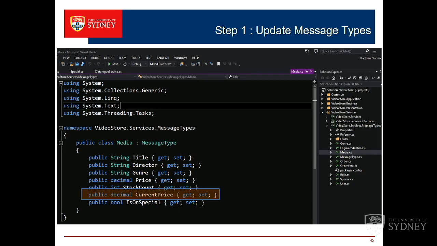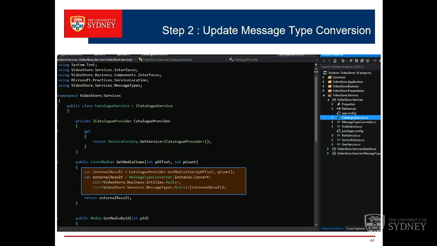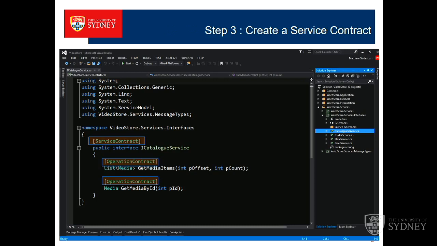The message types going to the outside world. This is the mapper stuff that he likes using, which generates messages from object definitions. Service contract. This is an abstract definition of a service contract. The outside world, WCF world, is going to be able to call in. So this is the abstract definition of the contract.